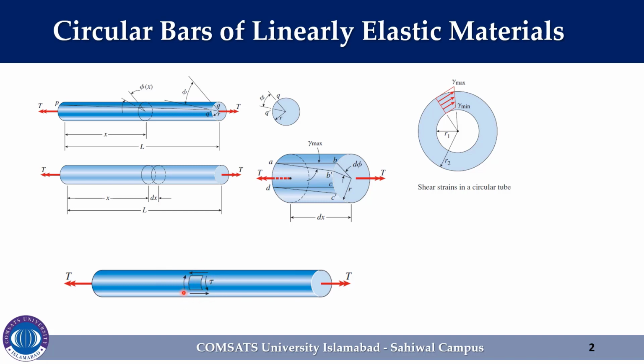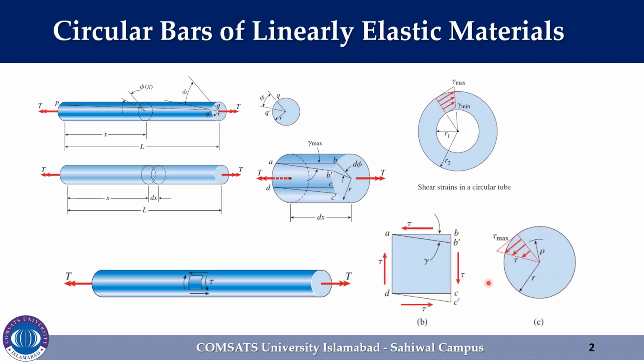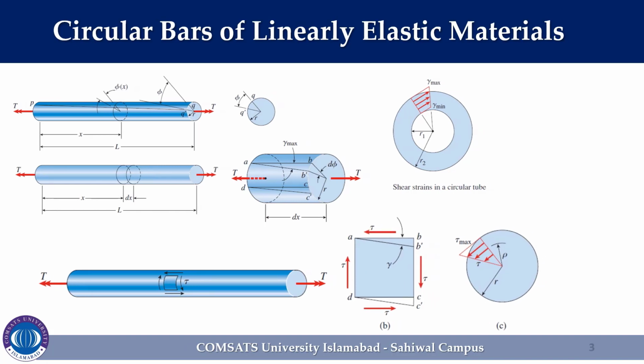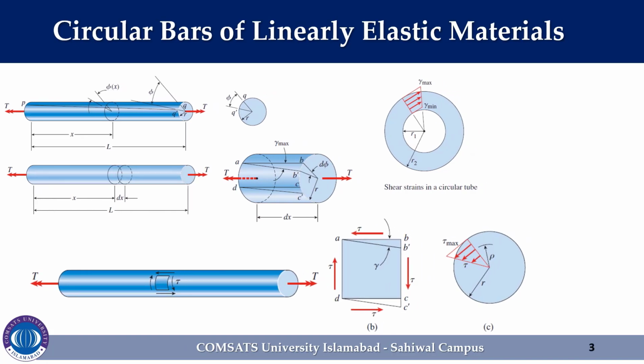For clarity, the stress element is enlarged in the figure here, where both the shear strain and the shear stresses are shown. As explained in previous sections, we draw the stress element in two dimensions, but we must always remember that the stress elements are actually three-dimensional objects with a thickness perpendicular to the plane of the figure. However, the magnitudes of the shear stresses can be determined from the strains by using the stress-strain relation for the material of the bar.